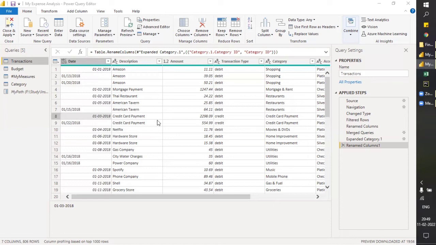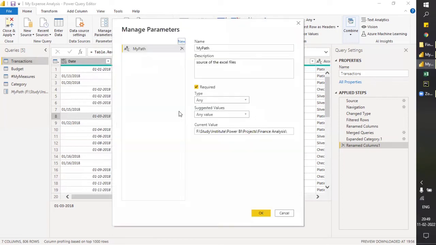Okay, so to set this, we first have to set the parameters. Click on manage parameters. A window will pop up, and there we have to enter the range start and range end. Range start means the starting of the date. Let me just show you. Click on new and name it